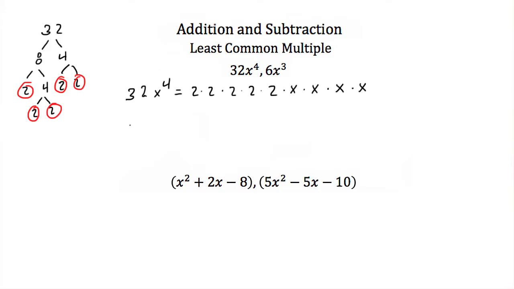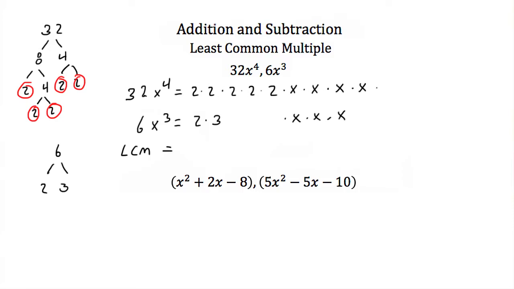Now let's find the prime factors of 6x cubed. Well, 6 I can factor into 2 and 3, and those are both prime factors. So 6x cubed would be 2 times 3, and then times x times x times x. Now the least common multiple